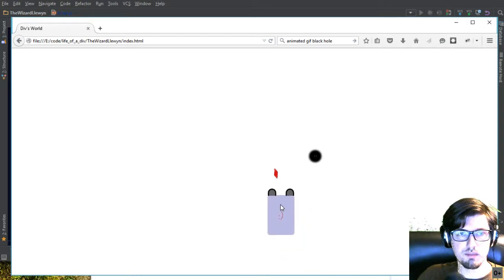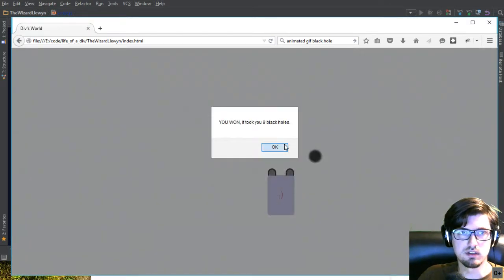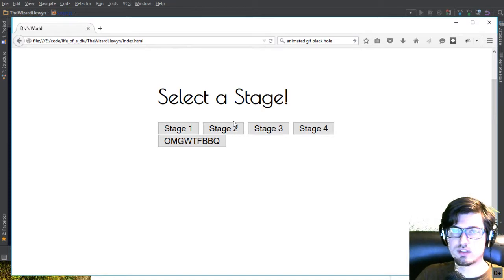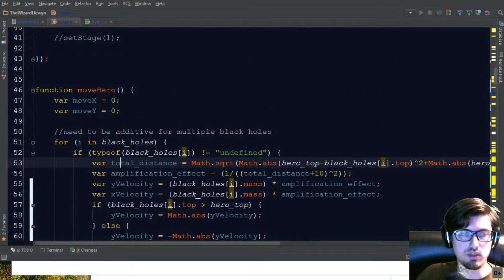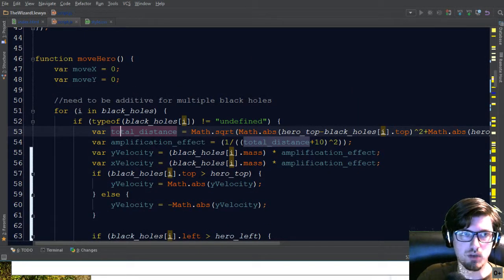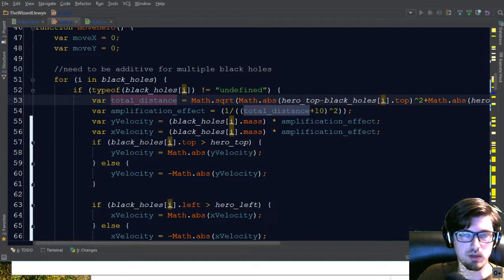All right, so this is not perfect, but we can tweak that. So you know what? Let's tweak that just because I want to tweak it. Okay, so the total distance is not so much a worry. The question is, do I want to be going positive or negative?